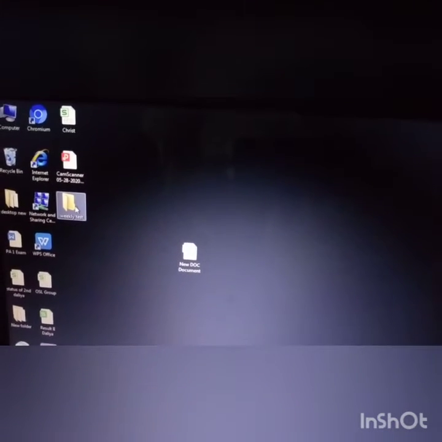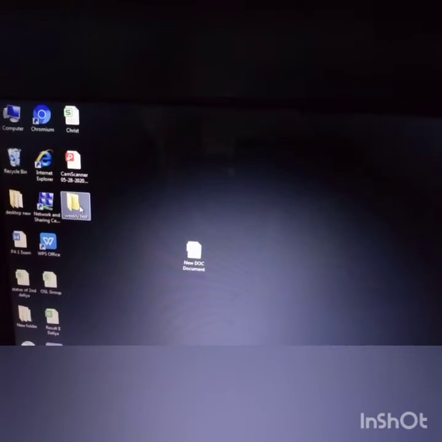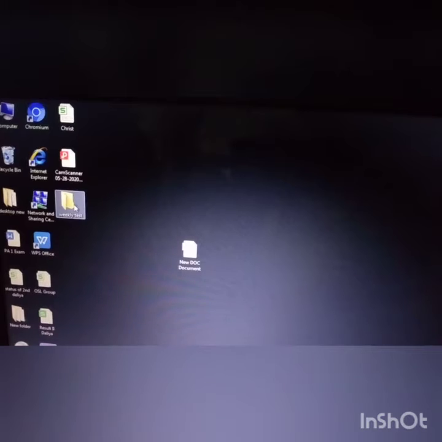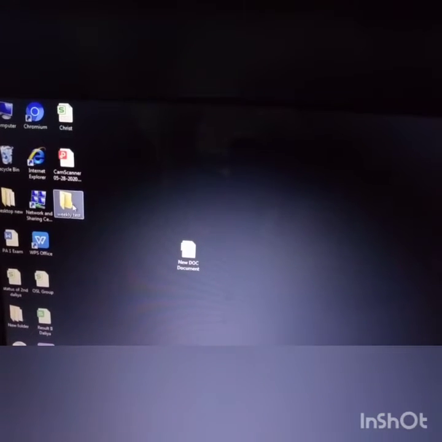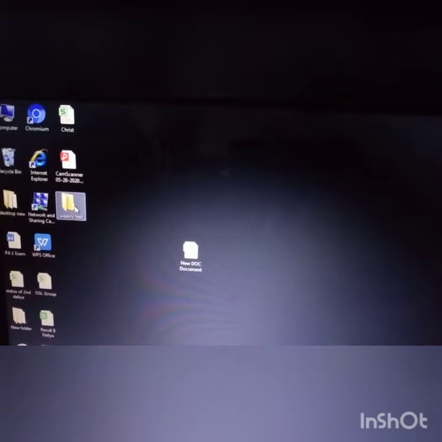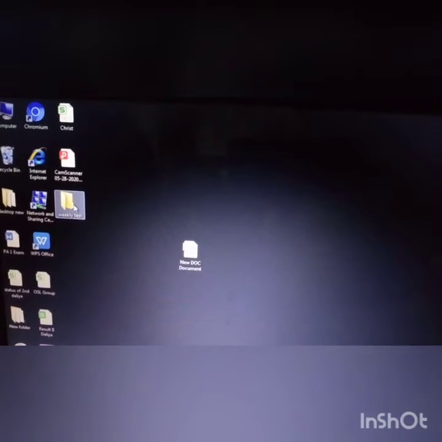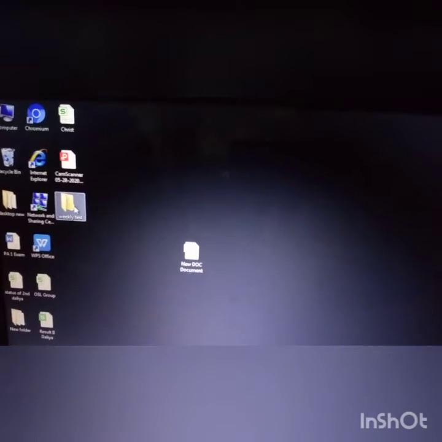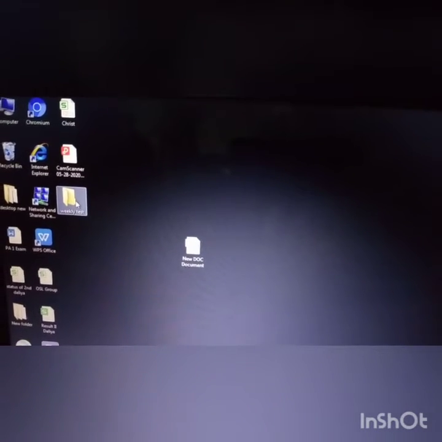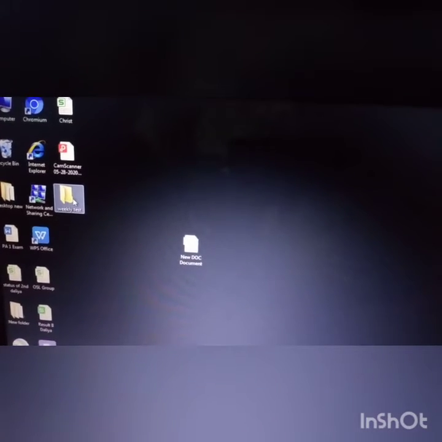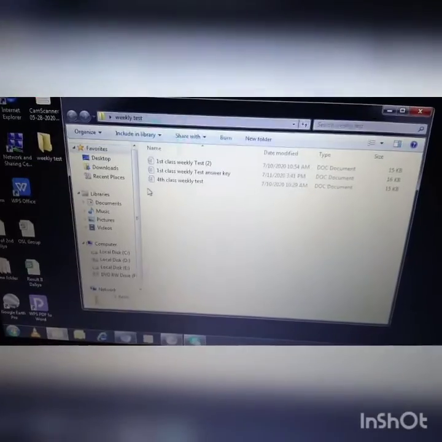So Windows uses files and folders to organize the information stored on a computer, so you can work efficiently and locate the information quickly. Means without any pause you can open this anytime. You can see my weekly tests are stored here.